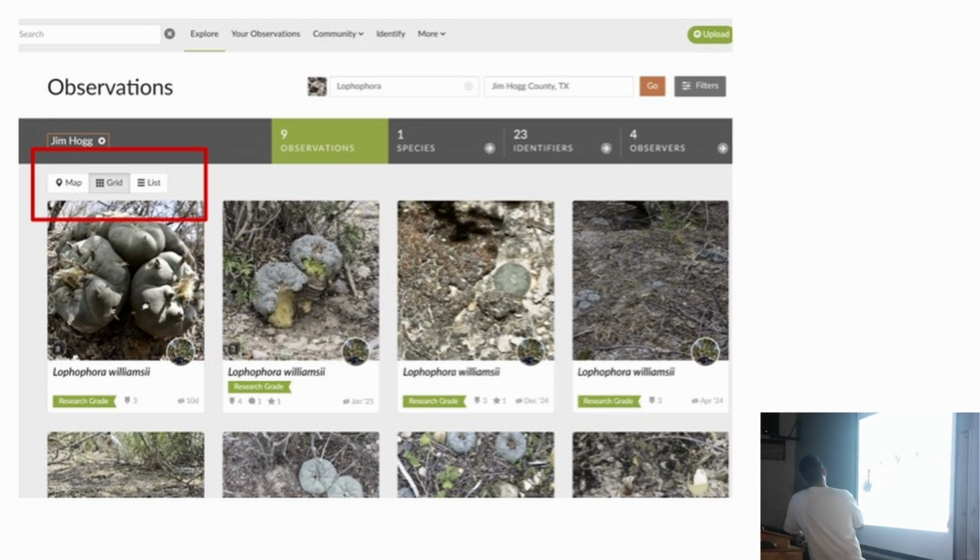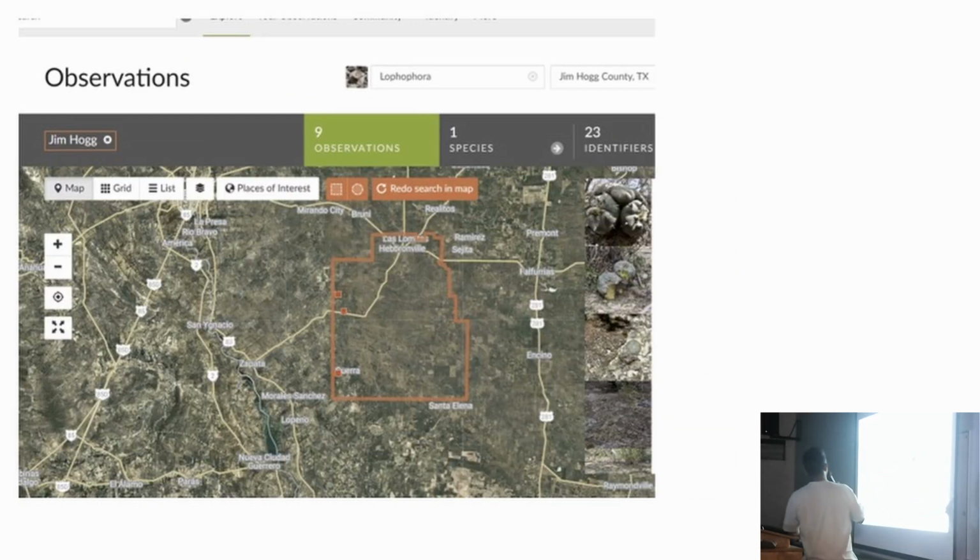So pay attention to that map and grid area. Grid will give you a list of all the species. Map will tell you where they've been located. Interesting, like with peyote, you could see most of the populations, looking at a satellite, occur on this west side of what's a marked change in